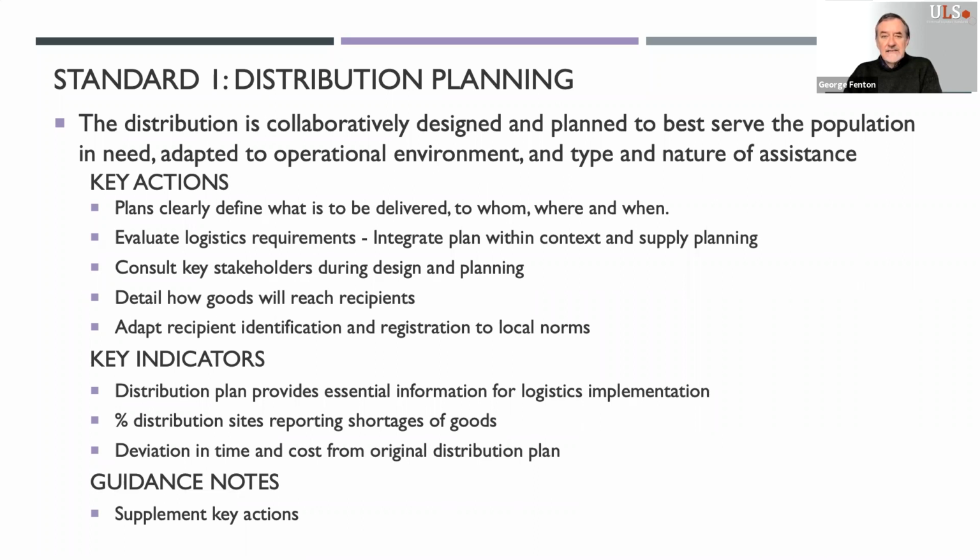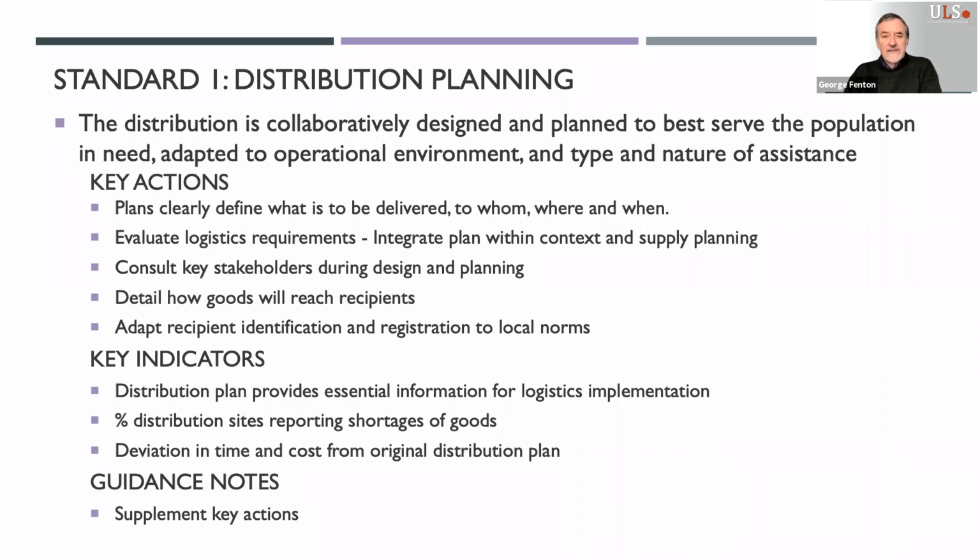It's good to design the delivery network around how goods will reach recipients, agreeing on the number and location of distribution sites, and there may be a need to compromise between the limitations of cost and environmental impact of transport while minimizing the distance which affected communities need to travel to receive distributions.